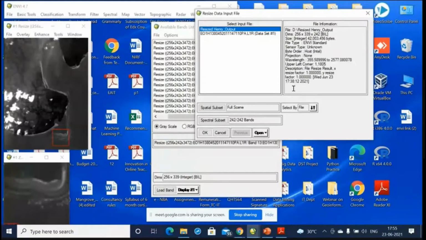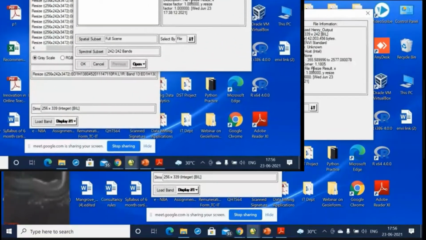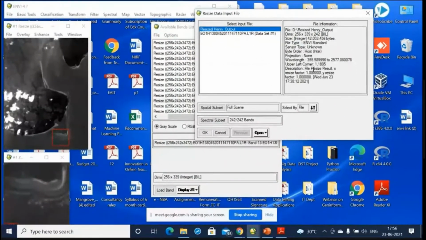The spatial resolution is not written over here, but actually, as geometric correction of the images has still not been done, the latitude, longitude values, the projection and all are not mentioned over here. These are the properties of the image that was directly downloaded from the Earth Explorer website. So I select the image.